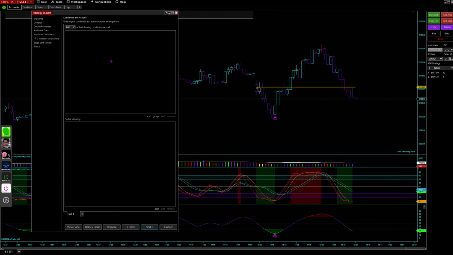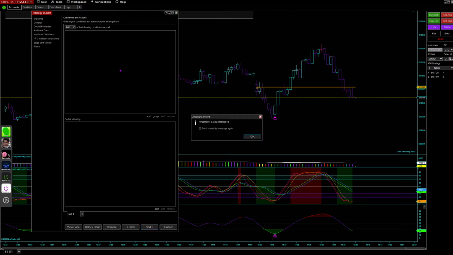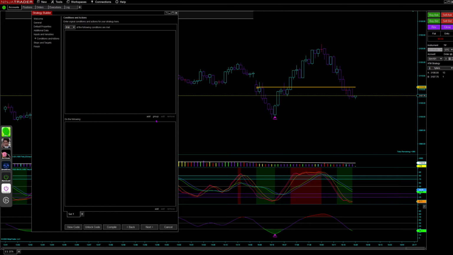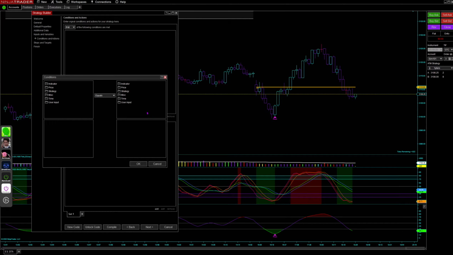And now we're going to enter our conditions and actions for our strategy. So, well, that's exciting. All right. So we're going to do if all. So we want all these conditions to be met. So let's say if the 21 EMA crosses the 50 EMA to the downside, we will short. So in order to do that, we will say